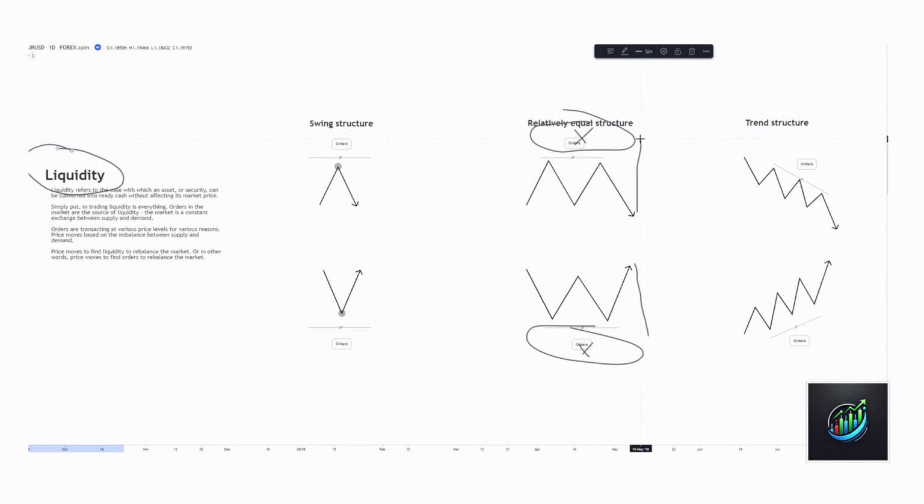It's going to rebalance price. It's going to find more orders to facilitate that transaction. That is all price is doing. It's moving from one pocket of liquidity or one pocket of orders to another, rebalancing price. Because people are buying and selling constantly. People are buying and selling at different sizes. And for everyone that needs to buy, there needs to be a sell. For everyone that needs to sell, there needs to be a buy. And that constant balance in the market is what provides the liquidity, and it's also what causes the market to continue moving up and down.